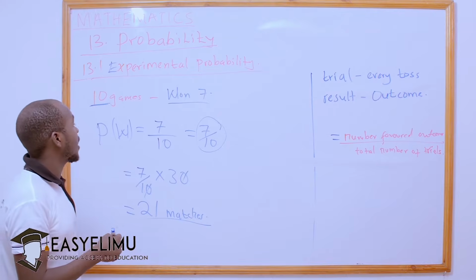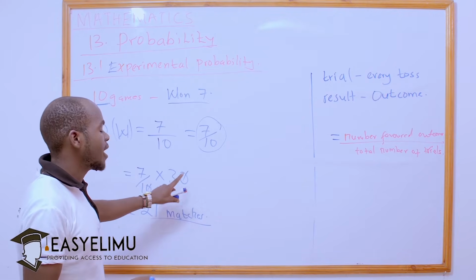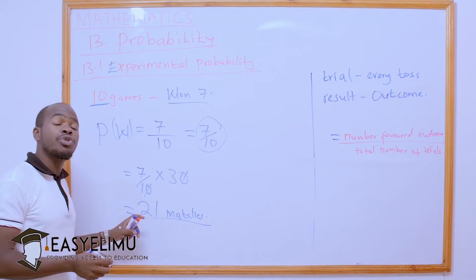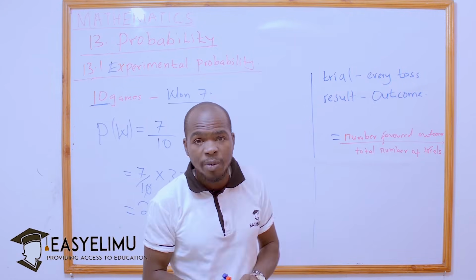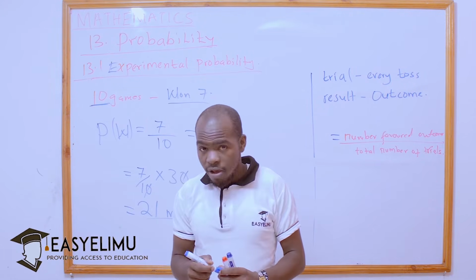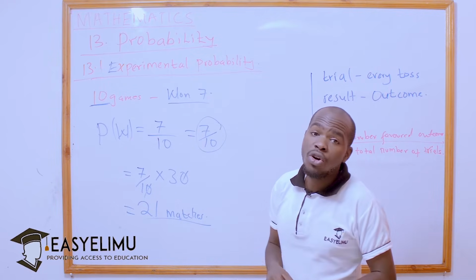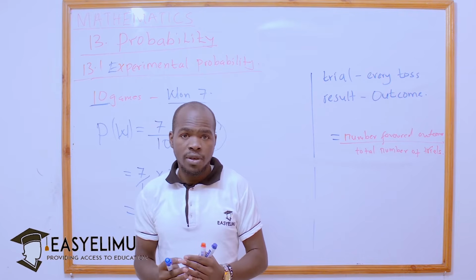Matches is the same as games. So you will find in 30 games that the school will play, it is capable of winning 21 games. So that is what we do refer to as experimental probability. And I believe you have understood how it was practiced out, because you have to base on the past experience